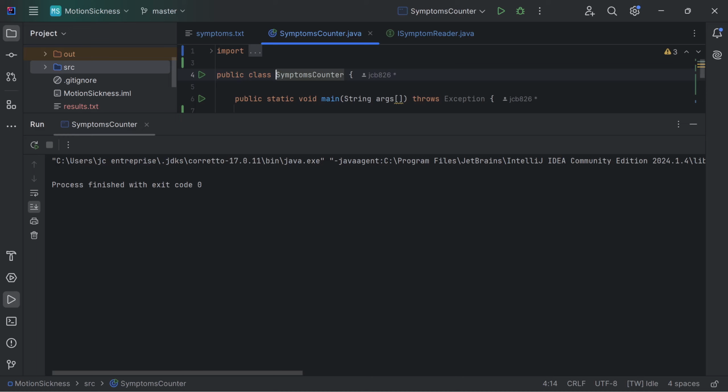From now, with each step of this project, I will ask you to look for a solution on the internet. For those who don't need help at all, you can start coding right away without my help. The only thing I'm asking you is to create an interface called iSymptomReader. With this interface, you will read the txt file